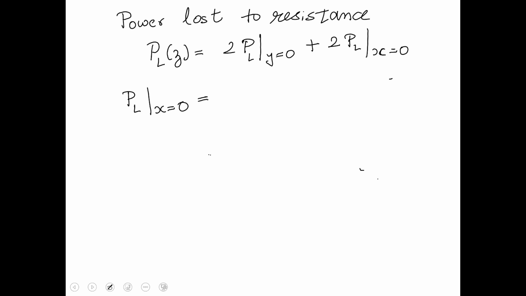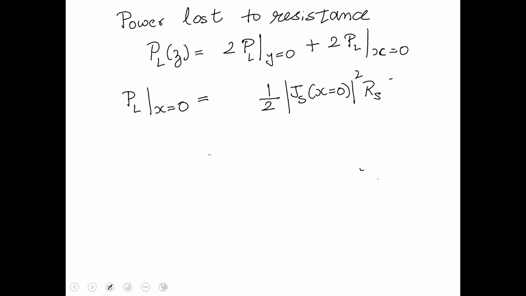is going to be given by the integral of the current half Js at x is equal to 0 square times the resistance, integrated over the complete plate. So at x is equal to 0, we have a plate